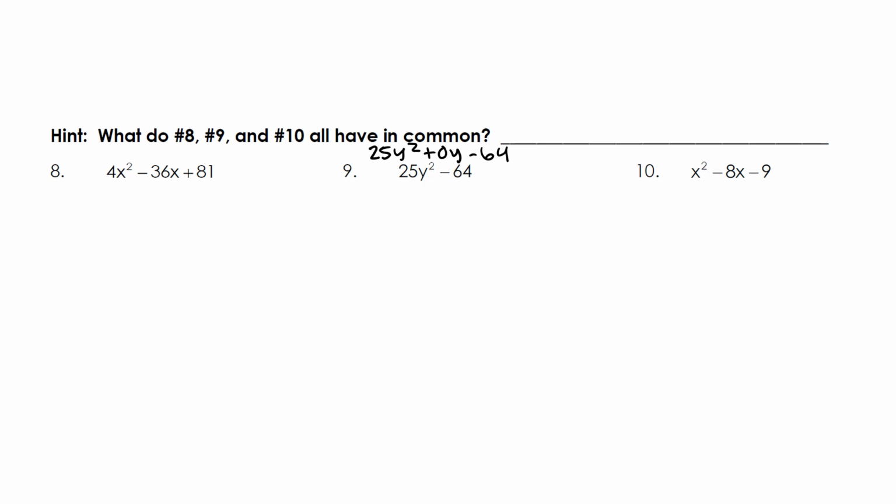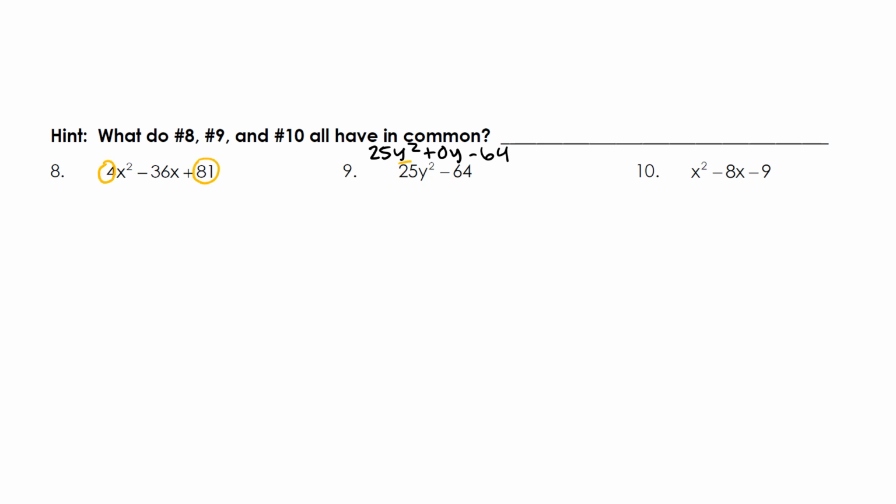And then on number 10, actually, a is 1, so that would be simple factoring. However, I just want to make it crystal clear, we're about to do something called special cases. If special cases doesn't make sense, that's okay. Just do the AC method, okay? Now, some of you are going to love this method because it is an extreme shortcut to what we've been doing so far. So 8, 9, and 10 all have the fact that, let's go with this light orange,